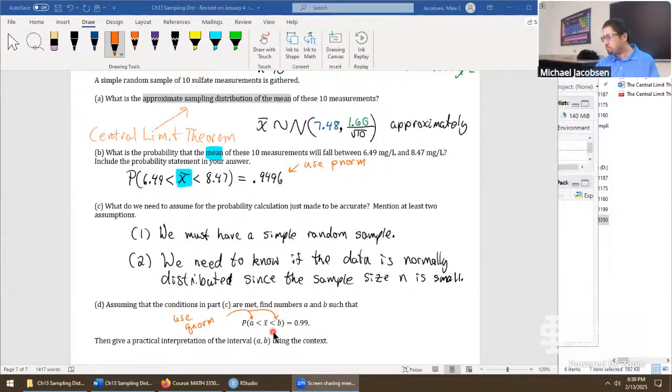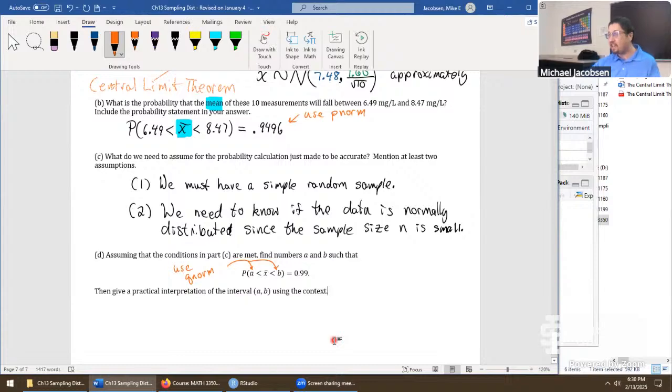Okay, now looking at this problem a little bit more carefully, some people might feel like there is something kind of missing in the wording here. If that's you, good on you. It's not a fully precise statement here. Probability X bar is between A and B. We know there's multiple A's and B's that can make that work. But what makes this a unique answer is one extra thing. Let me put it here. If this question would ever come up as, say, a homework question or exam question, I would have to be very specific. We're looking for